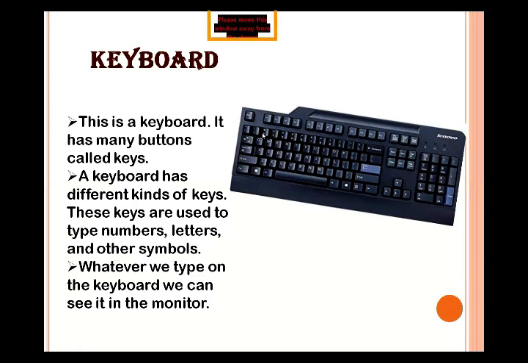You can see here we have the number keys in two bunches. First is on the left side, at the top of the alphabet keys, and the second is on the right side of the keyboard. These two are the number keys, and we also have the alphabet keys. Under the number keys we type by using these keys, and the number keys have the symbols. By using these keys we can type the numbers and symbols also. How, we will learn in the next class.